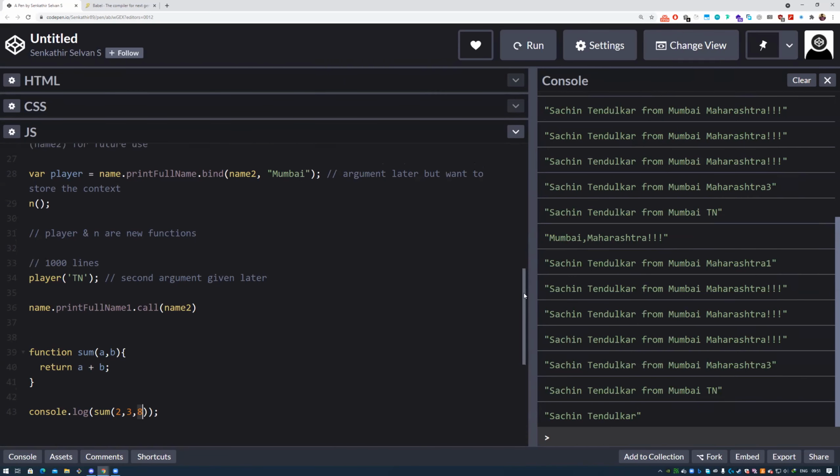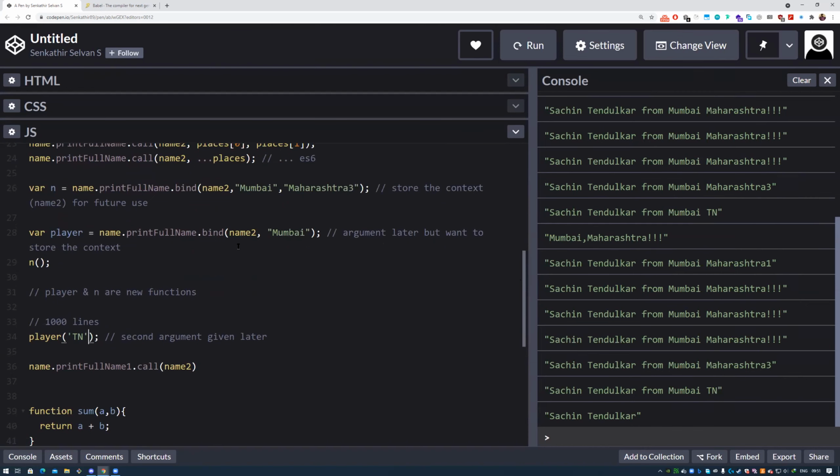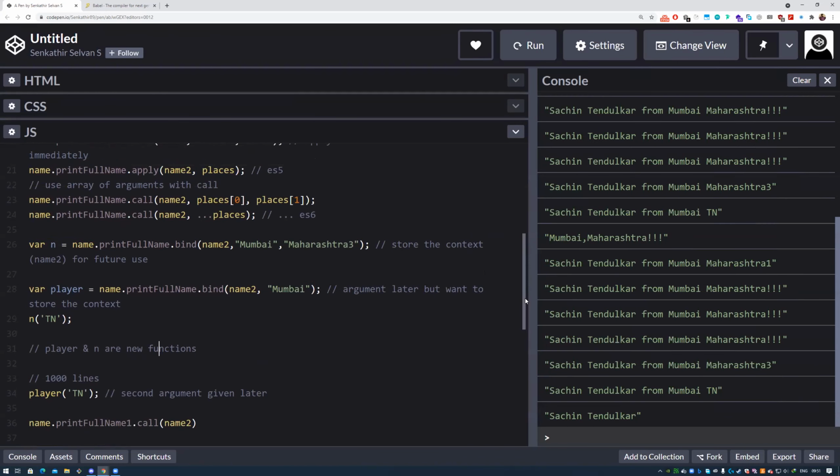Same way, this one takes in Mumbai and TN. I already filled 2 arguments for this function, print full name. If I give here Maharashtra, then TN here, what would be the answer here? What will I get for this? Mumbai and Maharashtra only.